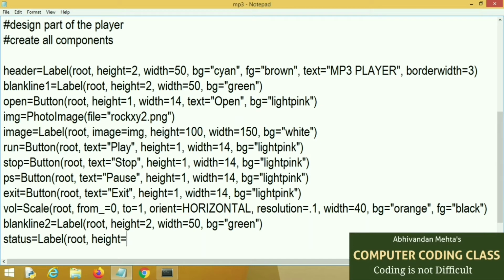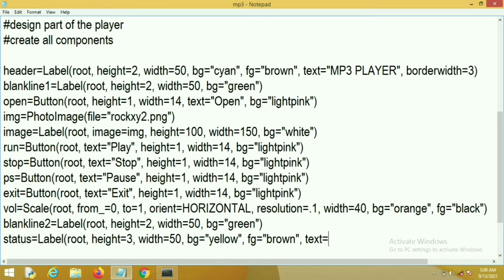It will display the whole path of our music file. Relief equal to groove.